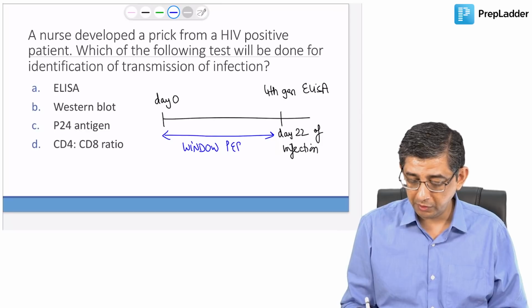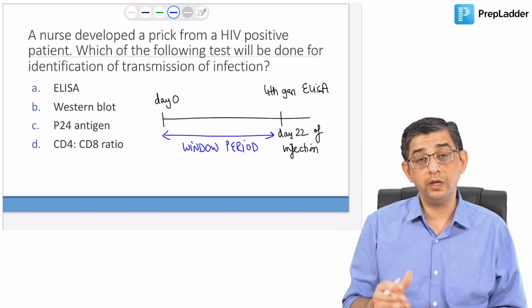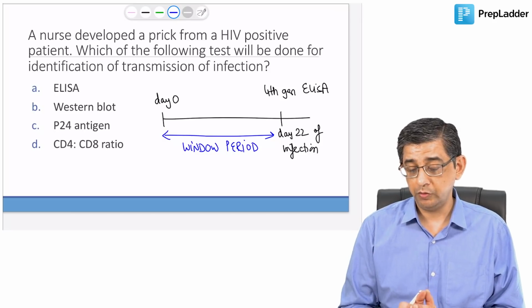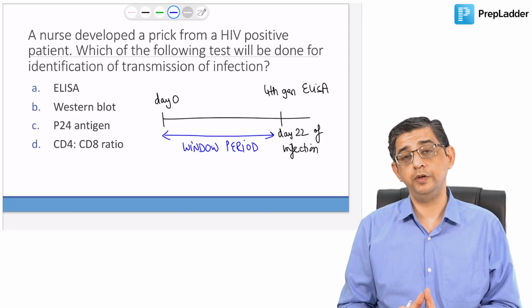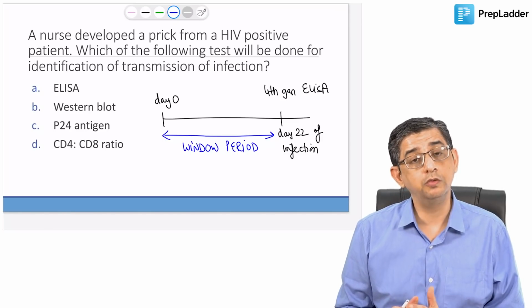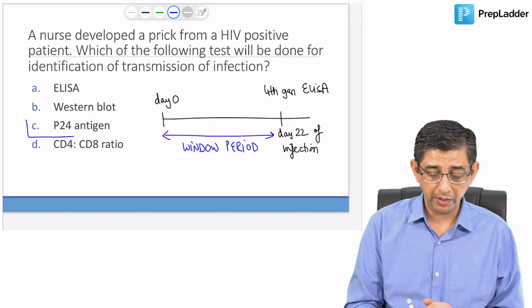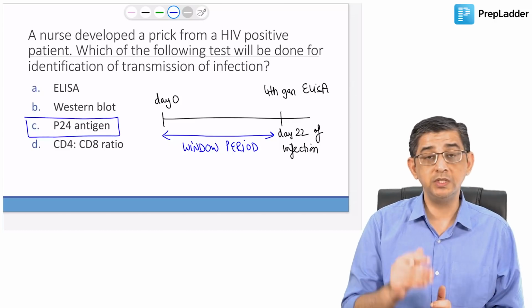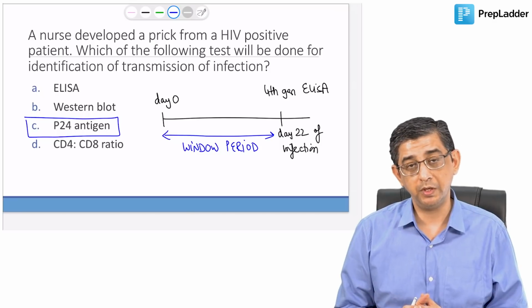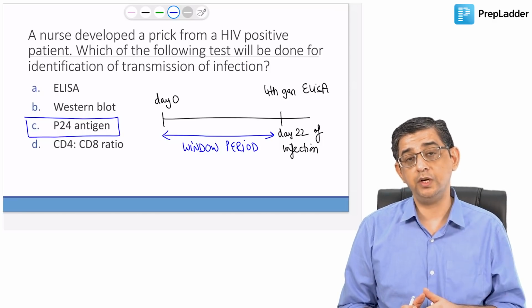In fact, if you listen to the discussion of hepatitis B and HIV, I've highlighted the aspect of window periods. If you want to diagnose this HIV infection in the window period, you need to go in either for PCR, which is not in the options. So what will you do? You will do a P24 antigen. I repeat the statement once again, take it on yourself rather than on the nurse. You got a prick from a HIV positive patient, and if a doctor tells you that I'm going to tell you whether you got this infection after 1 month,